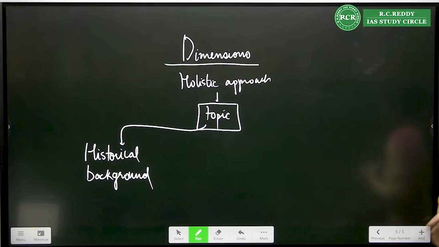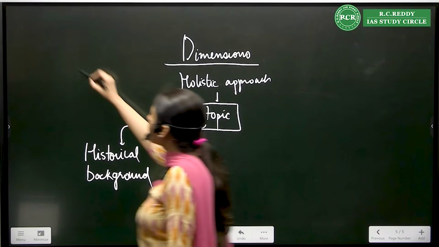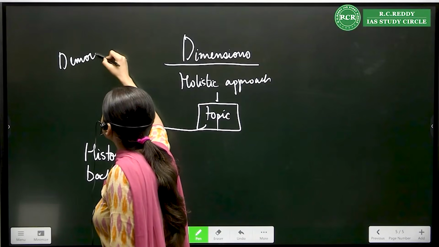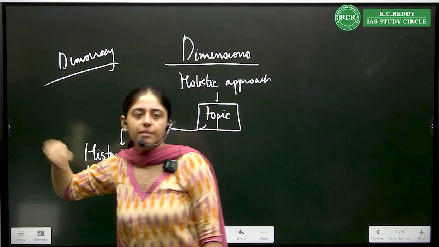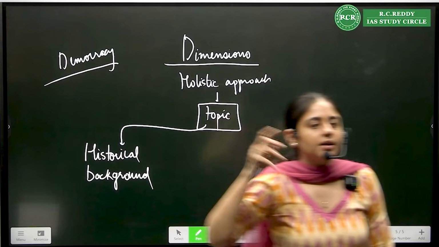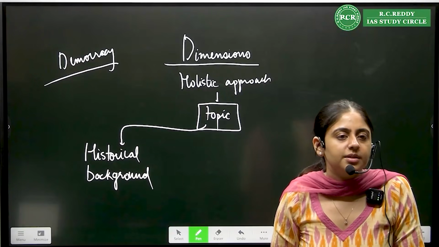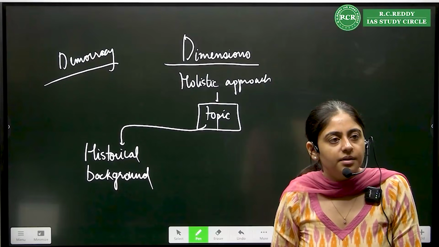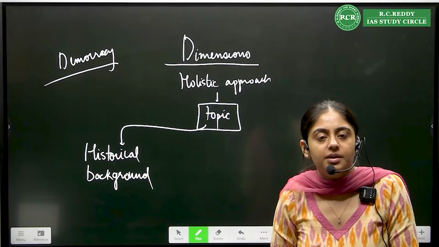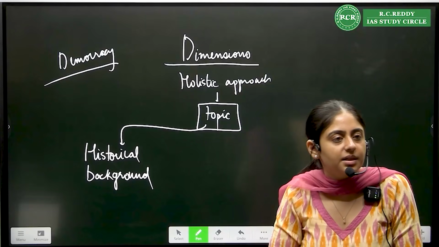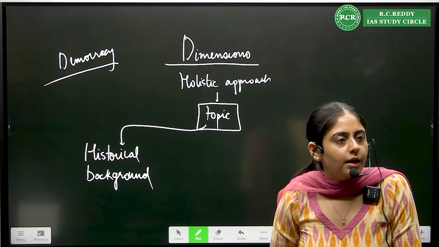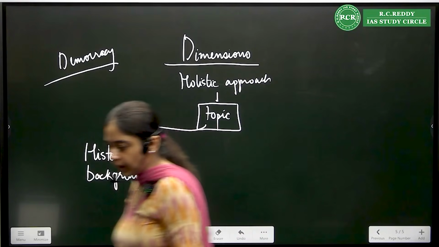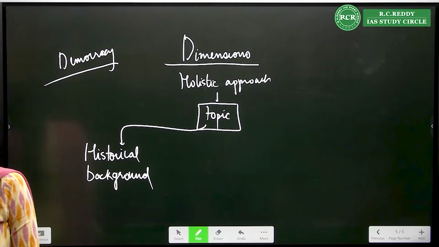So if you think a little deeper, say if there is a topic on democracy, even democracy has a historical background. You can start from the earliest conception of democracy in Greek civilization. Greeks were the first to think that certain power can go to the people and they can select their candidates. So any topic is there. Even when they're talking about, I'll just pick up an example here.